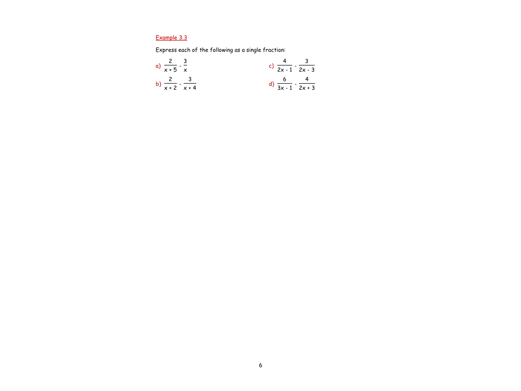Example 3.3 looks a little bit different than some of the examples that we've gone through already. However, we complete it in the exact same way. To begin, we'll write down the fraction. So in A, we have 2 over x plus 5 minus 3 over x. Here, we start by getting our common denominator. Our common denominator is gotten by multiplying